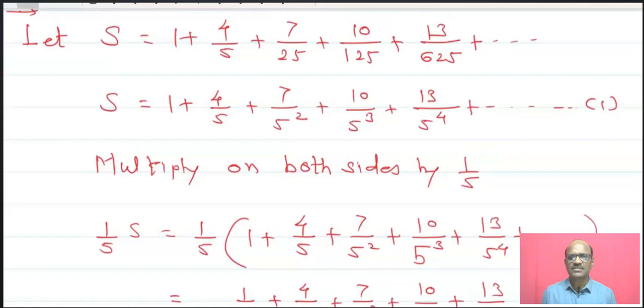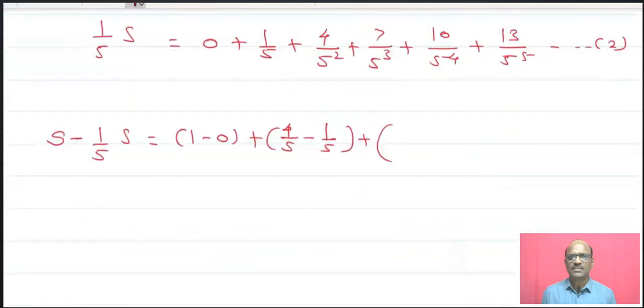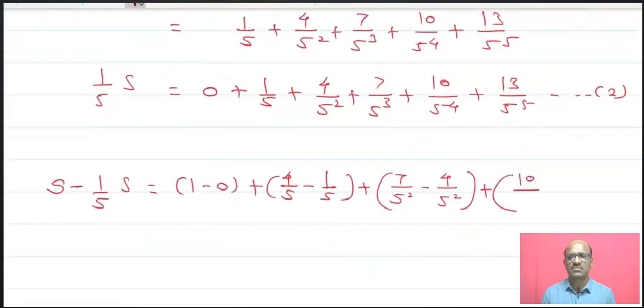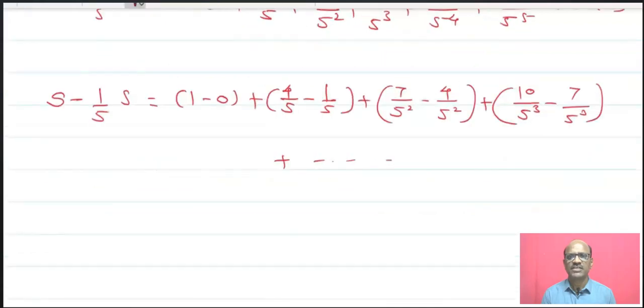Next is 7 upon 5 square minus 4 upon 5 square, and in this way 10 upon 5 cube minus 7 upon 5 cube, that is equal to